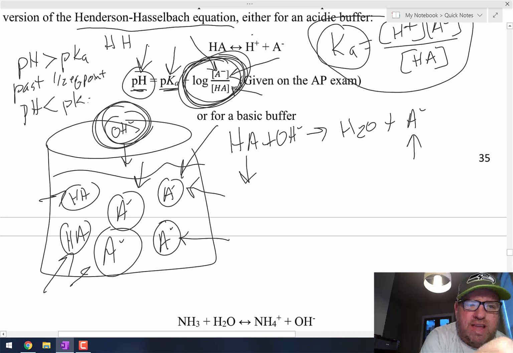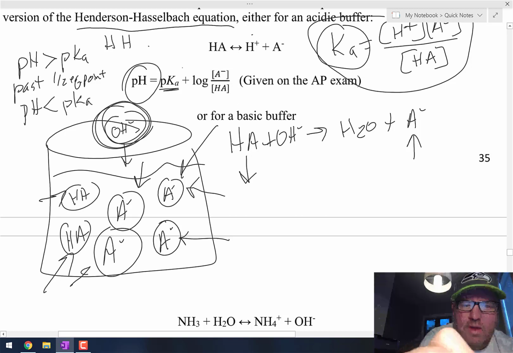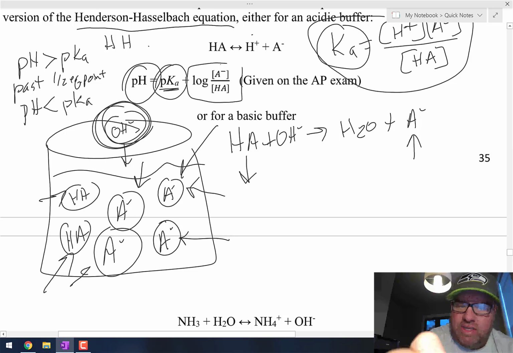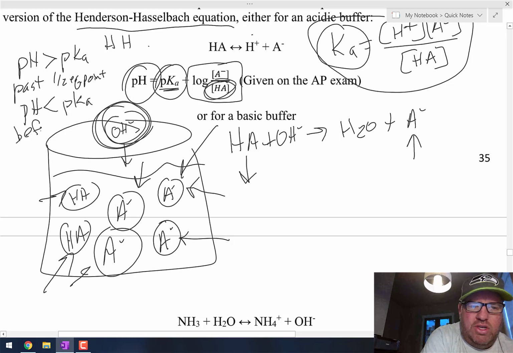If the pH is less than the pKa, so again, if this number here is smaller than this number, then that means this has to be negative. And for that to be negative, the fraction has to be less than 1, which means HA has to be greater than A minus. And the only time that HA is greater than A minus is before the half equivalence point. So that means you are before the half equivalence point. Okay, and then of course, if the pH is directly equal to the pKa, then you are exactly at the half equivalence